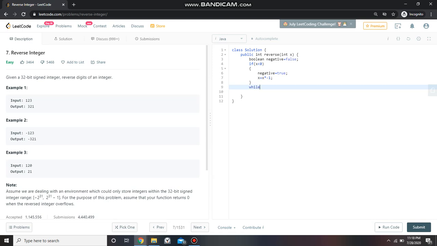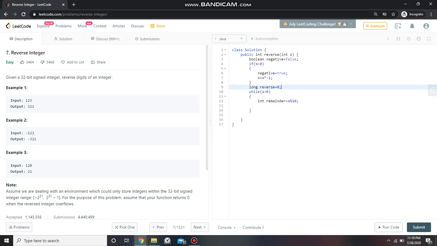So let's perform the logic of reversing our number. While x is greater than 0, we declare a variable named remainder and we remove the remainder. So before that, I forgot to initialize a variable reverse as 0. This is the variable which will store the reversed result.